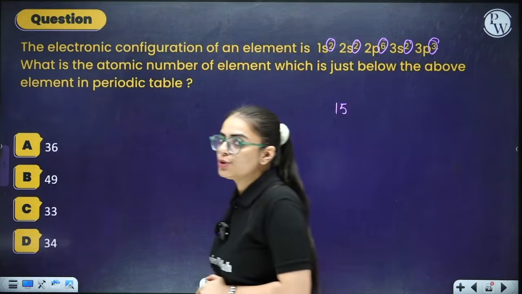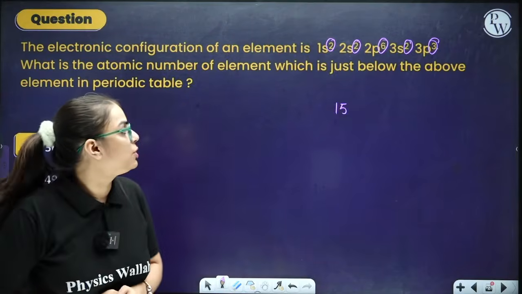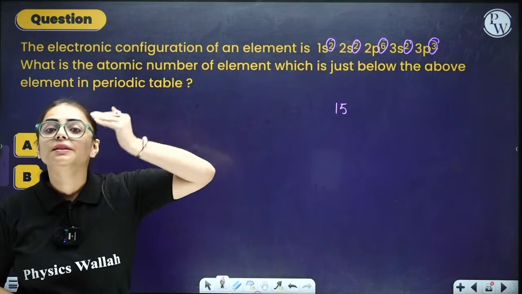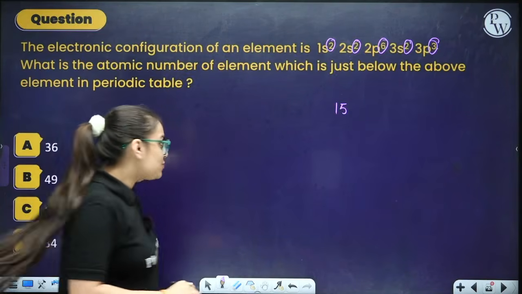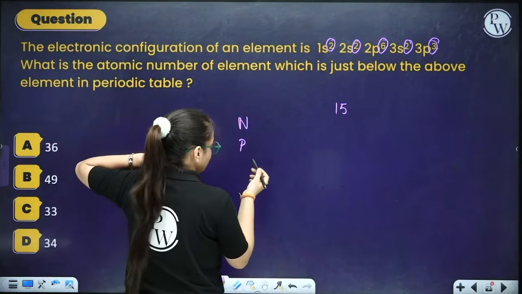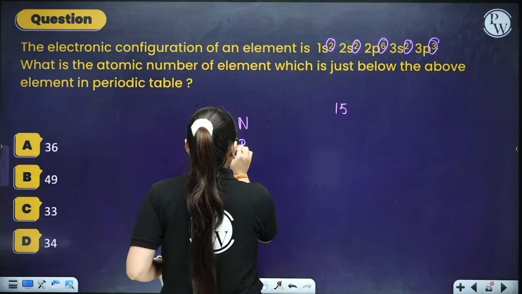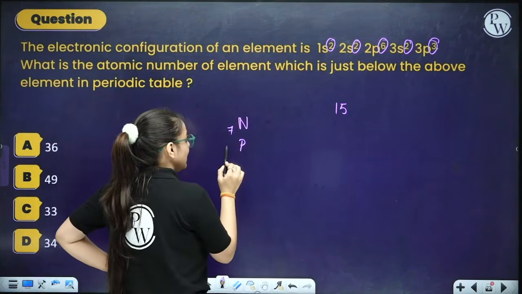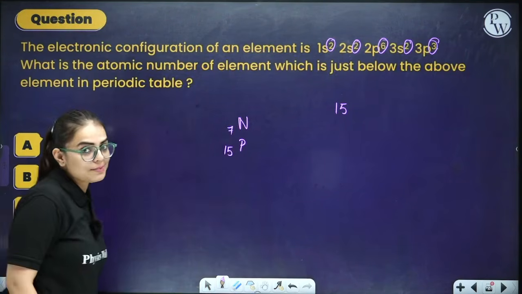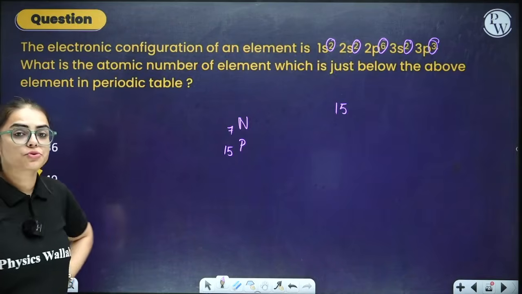So what do you feel, to which group would it belong? It is 3s2 3p3. Which family? Nitrogen, phosphorus. Nitrogen has an atomic number 7. If you add 8 to it, it becomes 15. P block elements: nitrogen, phosphorus,